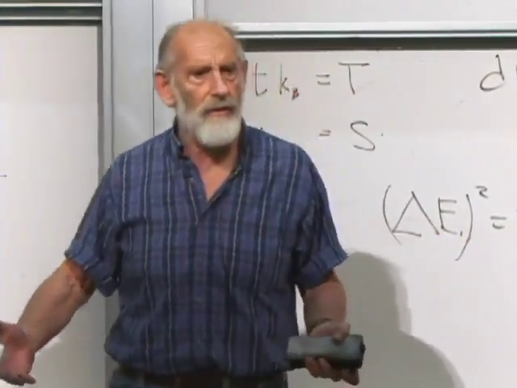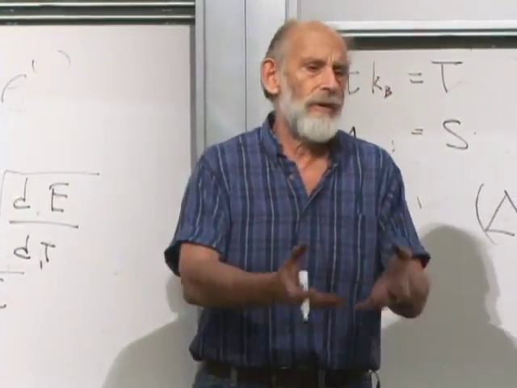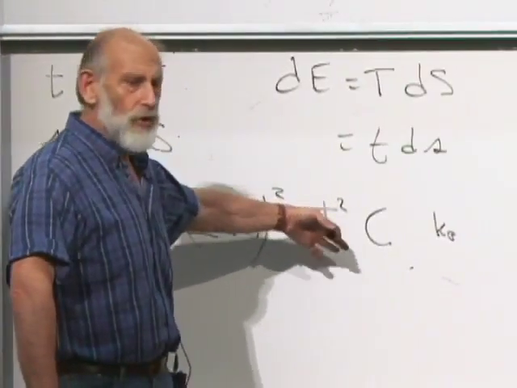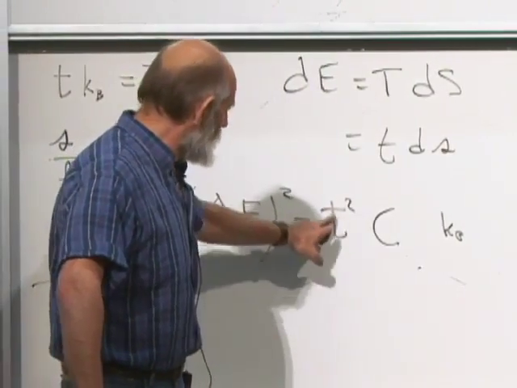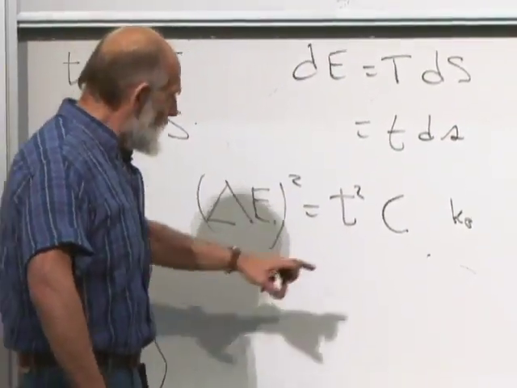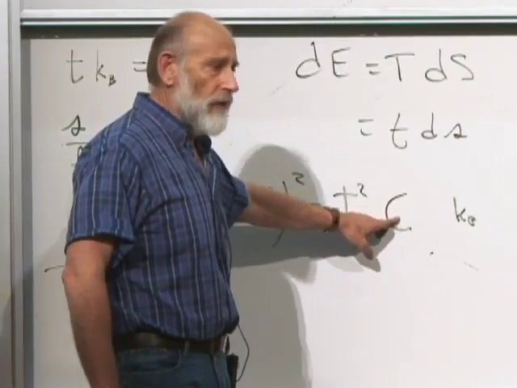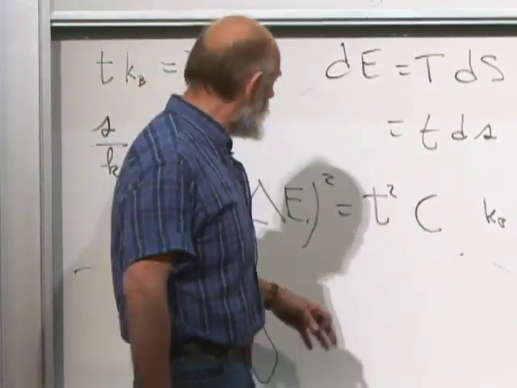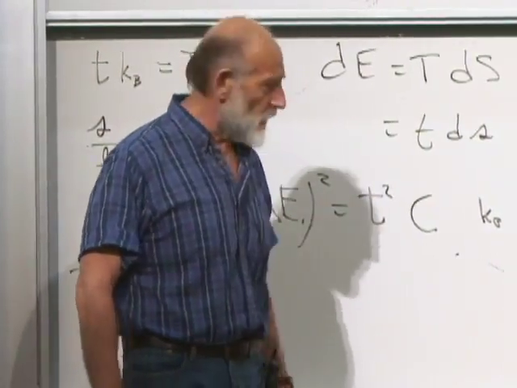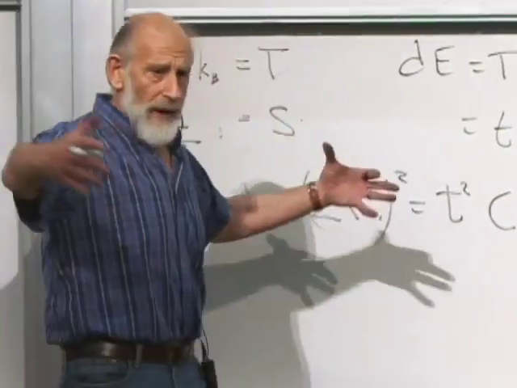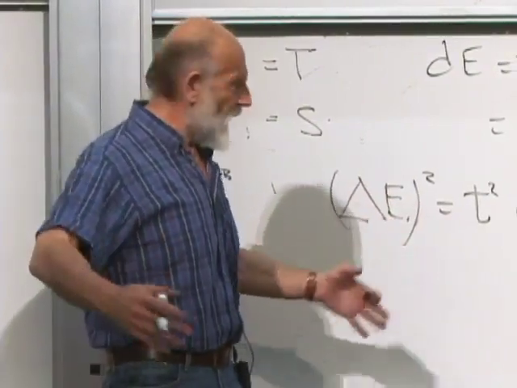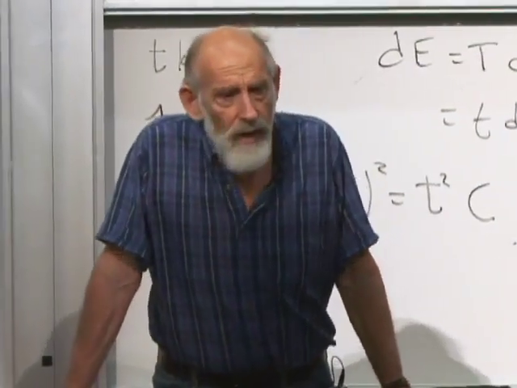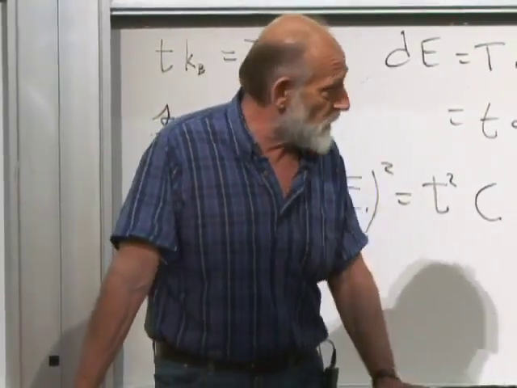It's just whatever energy it takes, how much heat, how many BTUs, or how many calories, or how many joules you have to pump in to change the temperature by a certain amount. So this is neither a terribly small quantity nor a very big quantity. This temperature could be room temperature, 300 degrees or whatever. It's also not a very big number or a small number. We do expect for a big box of gas, for a mole of gas, for example, we expect the fluctuations in energy to be very small, at least by comparison with the energy itself.